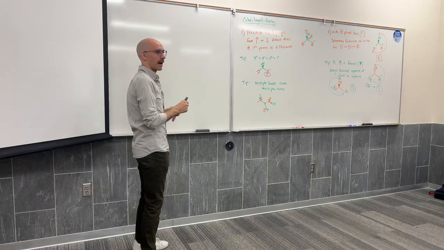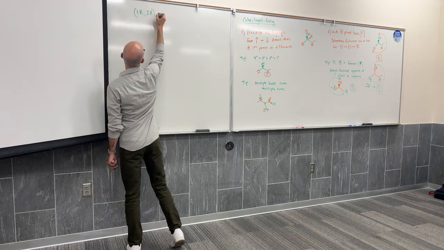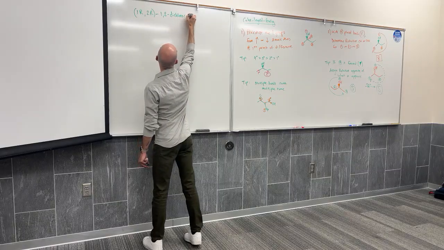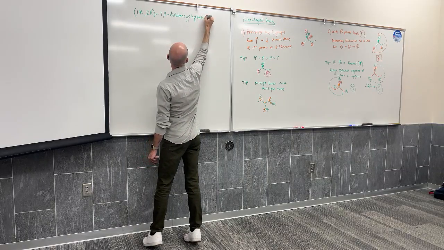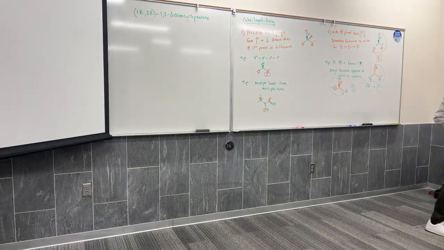Okay, I want us to be able to go backwards, too. So here's what I want us to do. I want us to show 1R, 2R, 1,2-dichlorocyclopentane. Do you see how the absolute configuration of the chiral carbons has been specified in the name before the prefix? So nomenclature can now accept stereochemistry indicators.